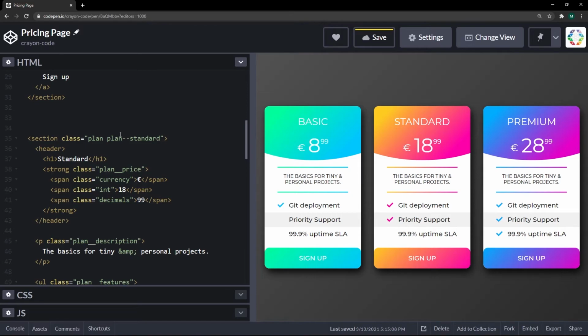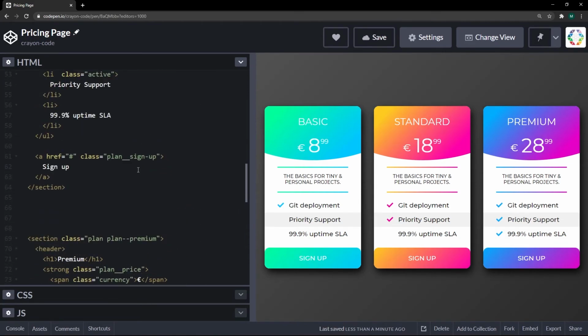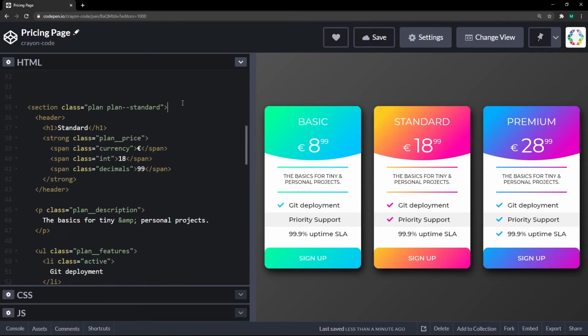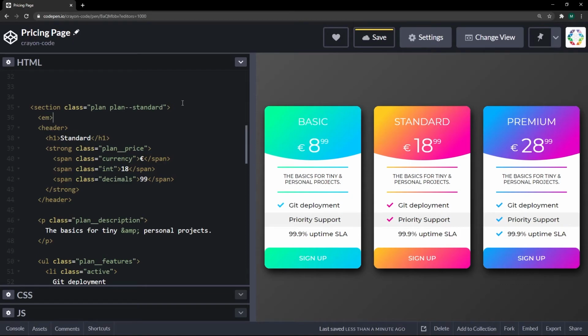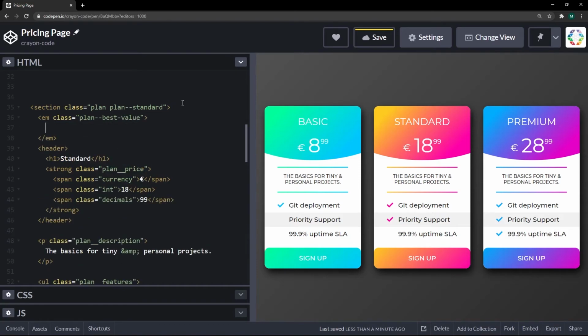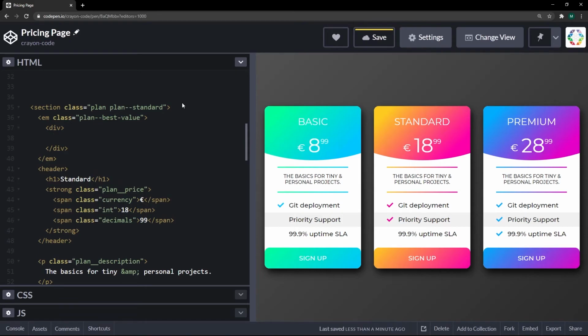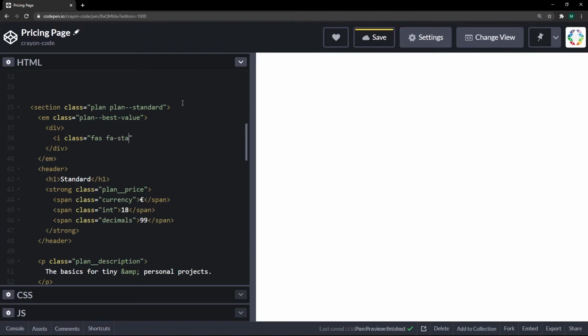Now, in quite a few pricing pages, one plan is specially highlighted as the one providing the best value for the customer. So we are adding an emphasis to the standard plan, which is getting the class plan best value. Inside there, we're just going to use a div. Why we need that div, I will show you later. And let's simply put a Font Awesome icon that has the fas and the fa-star